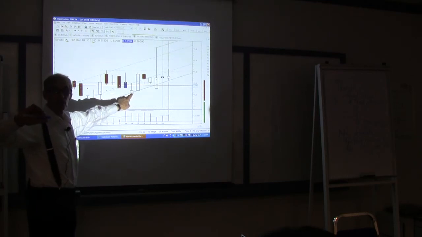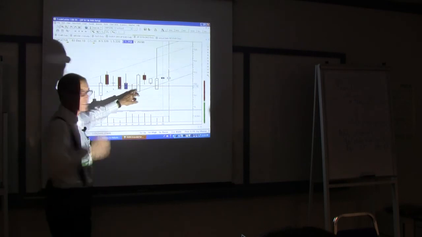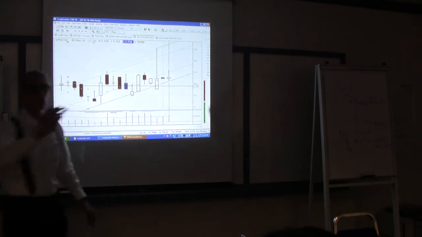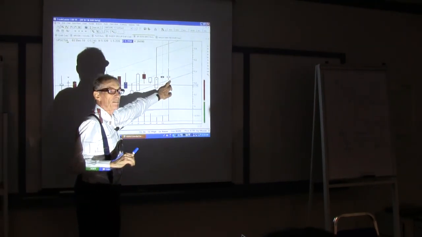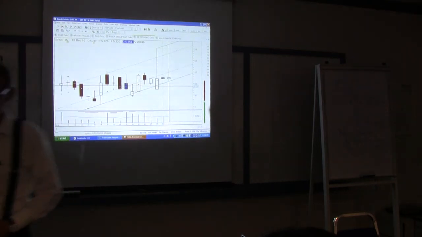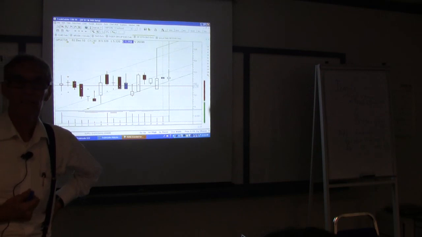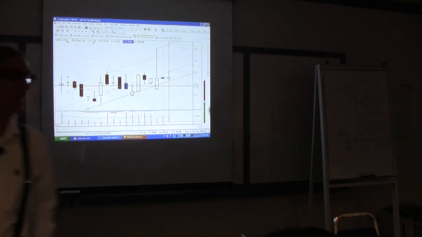The overall trend of this share is up. So what does Casimir do? If Casimir was trading this share right now, you've gone from green to white. As a trader, we're never going to have certainty. We have to anticipate